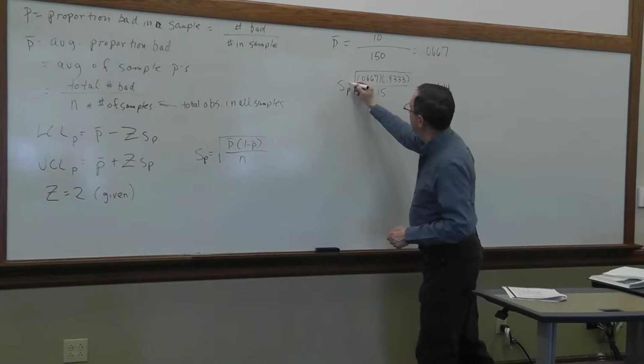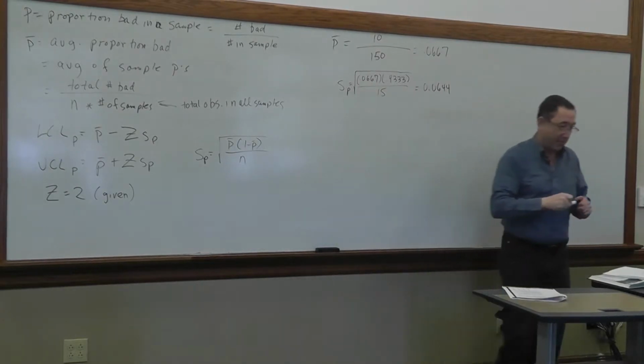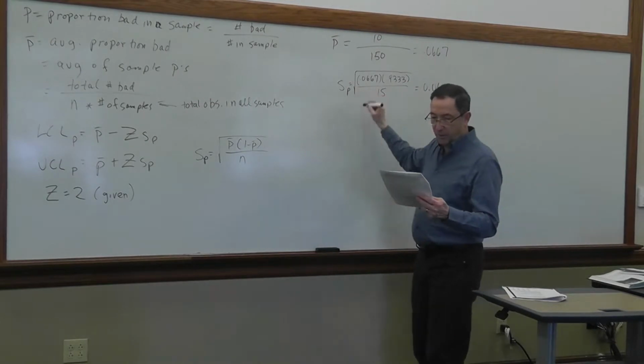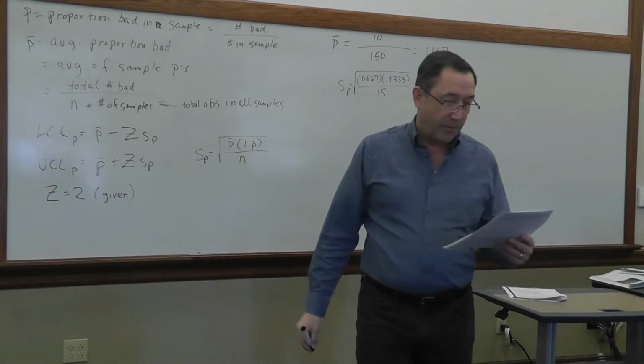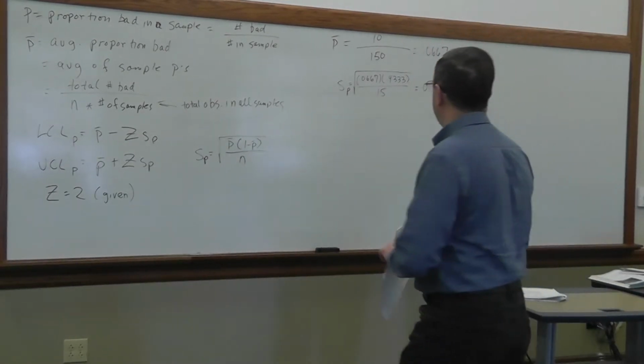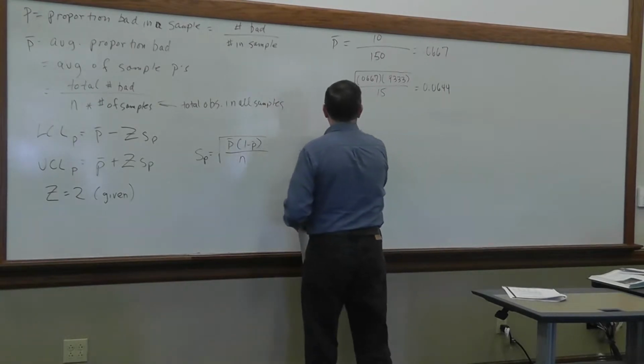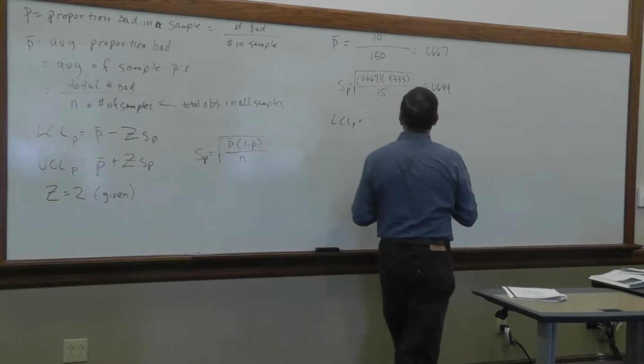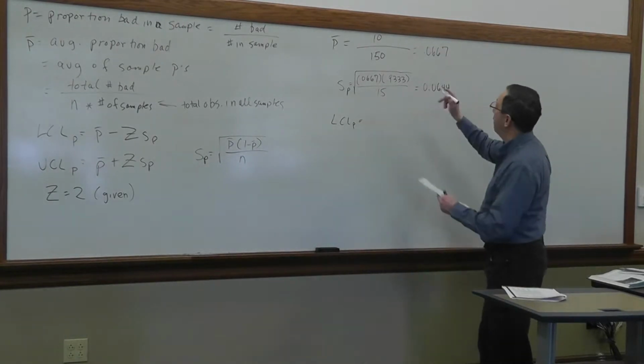I got my equal sign. And a lot of times students, again, will screw up by forgetting that square root sign. Don't forget the square root. So we've got everything we need to do our control limits. Lower control limit for a P chart equals our P bar,